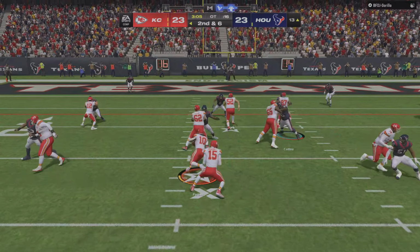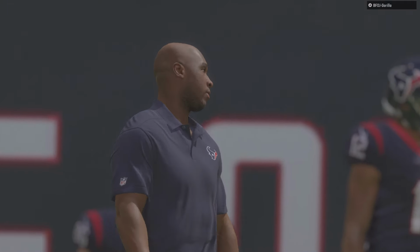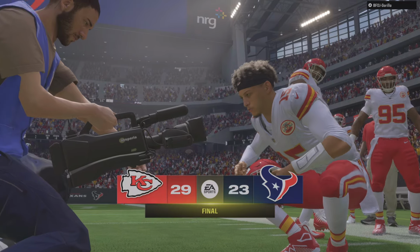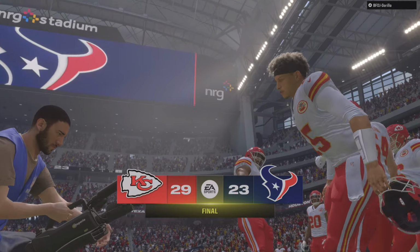Throwing now is Mahomes. And it's caught. Touchdown. That's Mahomes hitting his favorite target, Travis Kelce, on the touchdown pass. So it's a win for the Chiefs here. And no, man, that was a mission. It's Patrick Mahomes who really led the charge. Yeah, he was just on target all